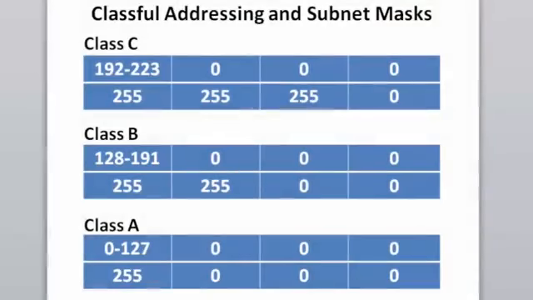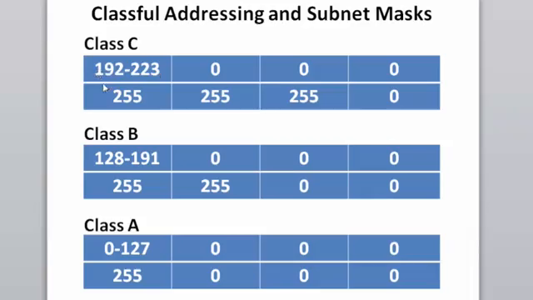First of all, when we're talking about classful IP addressing in networks, we're talking about Class C, Class B, and Class A addresses. Now, what makes a Class C, Class B, and Class A address and network? Two things: the IP address and the subnet mask. In order to have a Class C IP address or Class C network, you need the IP address first octet